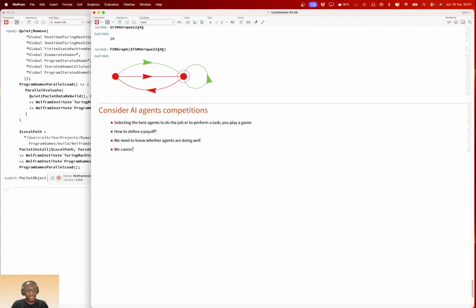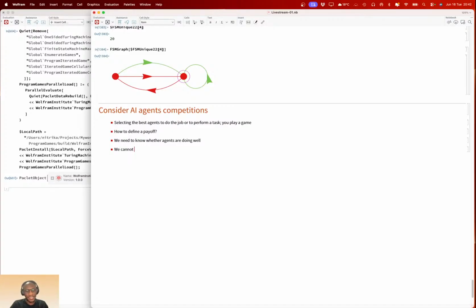We cannot design a better competition environment for agents unless we have a better payoff matrix, or a better way to score those agents, right?